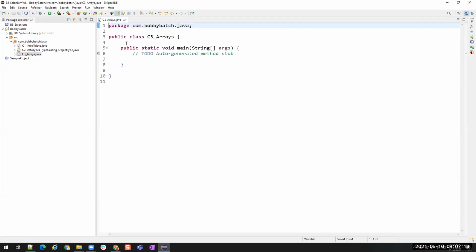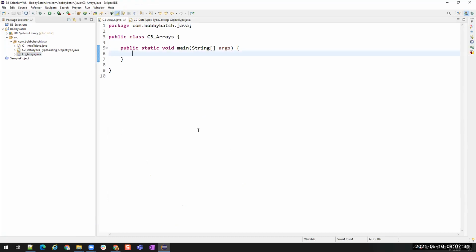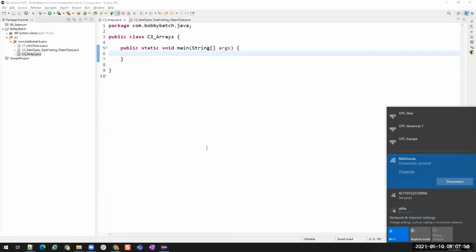All right. So till now we have seen data types, variables, and all those things. How many values are we able to store inside a variable? A single value, right? But if I have a list of values that needs to be stored, can I store in this data type? Your voice is breaking out. Can you repeat that? Okay. Second, let me see if my network is still connected.